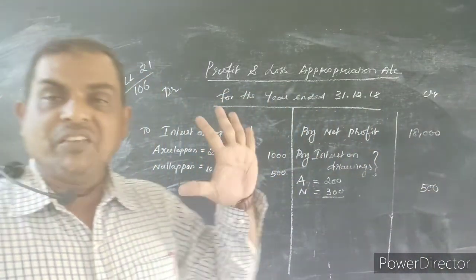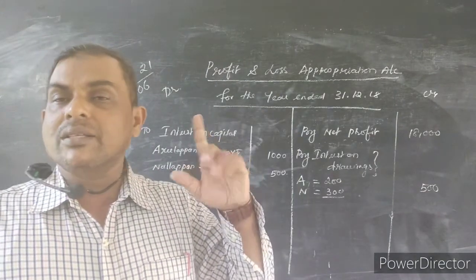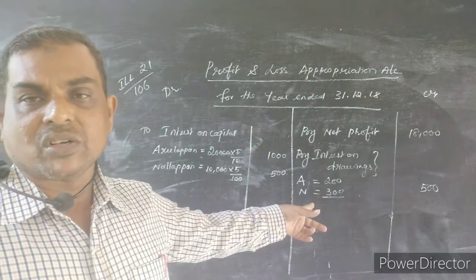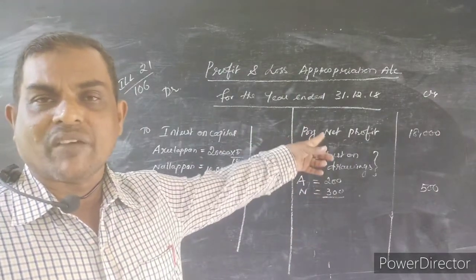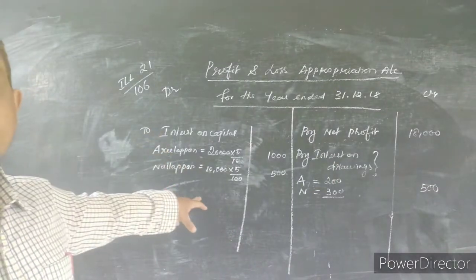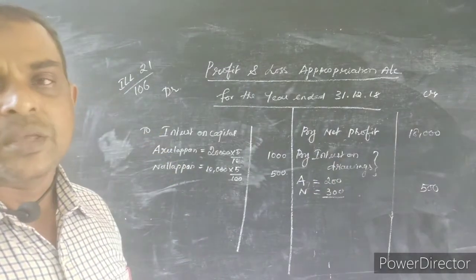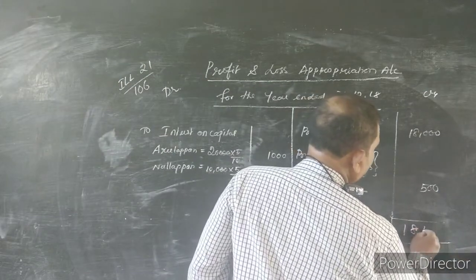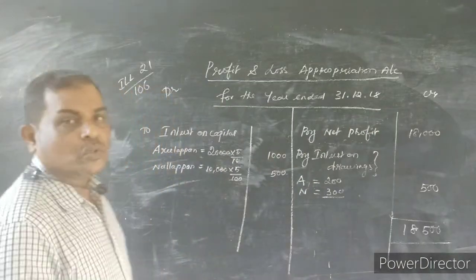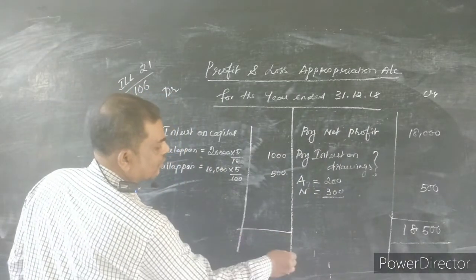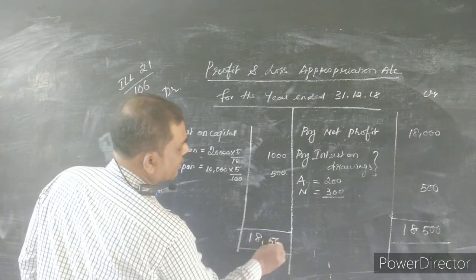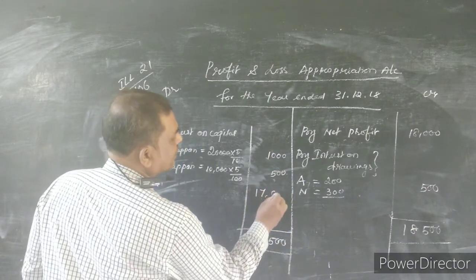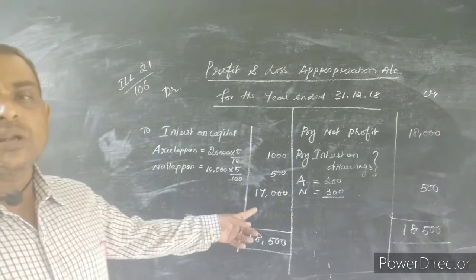As per the format, there are only 5 items: on the debit side partner's interest on capital, partner's salary, partner's commission, and on the credit side net profit and interest on drawings. Here both credit side details are available, but on the debit side only interest on capital. The other 2 items are not given in the sum, so we have to close the sum. The total amount we get is 18,500. So 18,500 means here 1,000 plus 500 gone, balance 17,000. This is the actual profit.